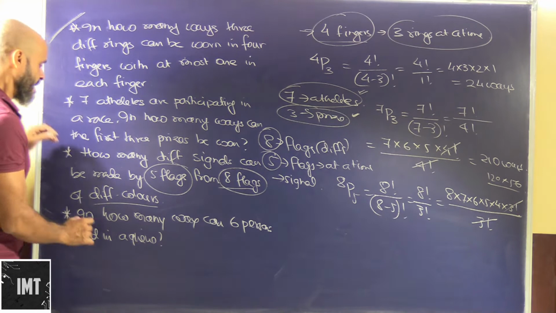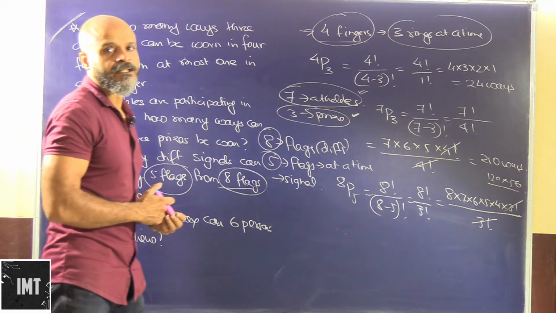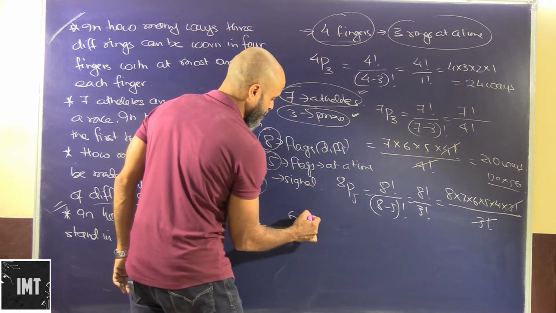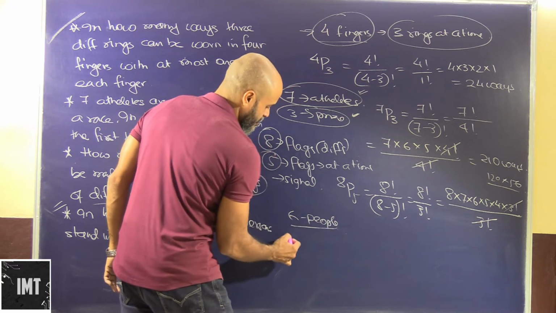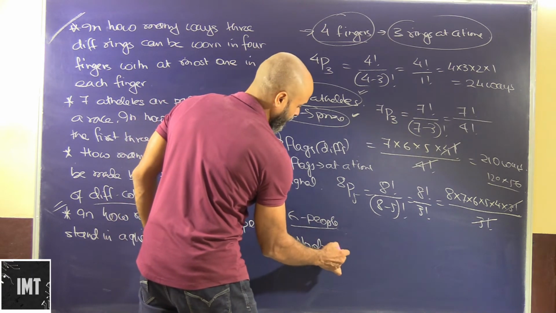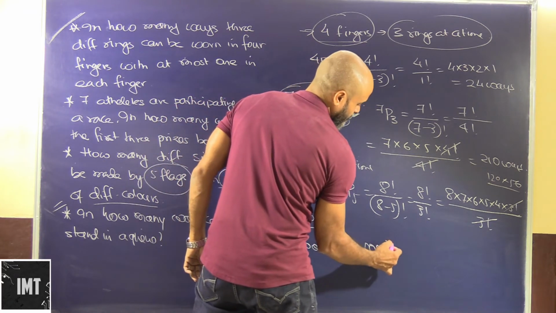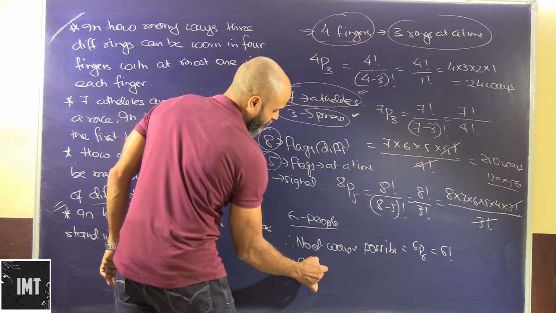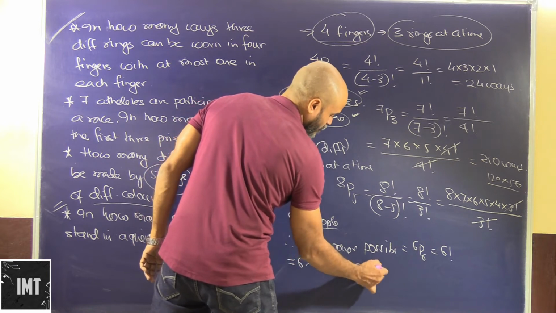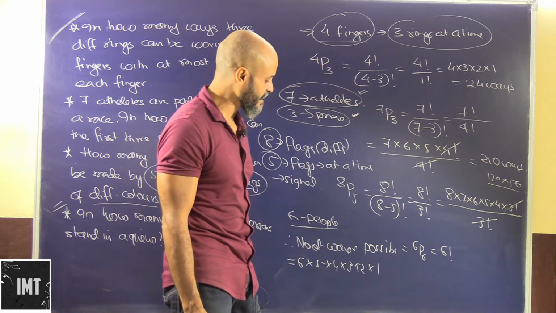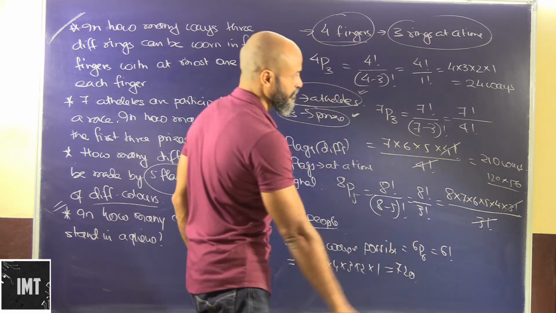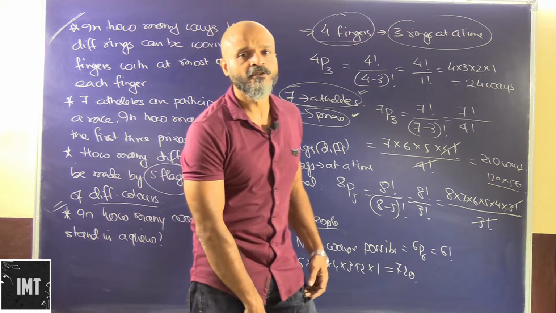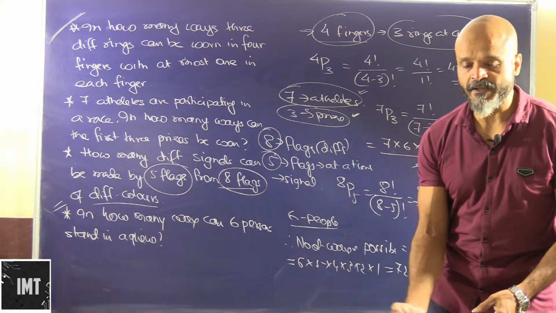Alright, in how many ways can 6 persons stand in a queue? There are 6 people and they have to all stand in a queue at one time. So 6 different people have to stand in a queue. So the number of ways possible will be 6P6, that is factorial 6. That will be 6 into 5 into 4 into 3 into 2 into 1. So that will be 30, 30 4s are 120, 120 6s are 720. Okay. So these are certain basic problems of permutations, the basic concepts of how we apply them to the number of events and number of arrangements that are possible.